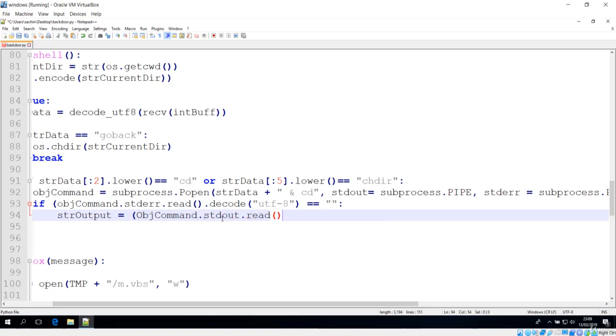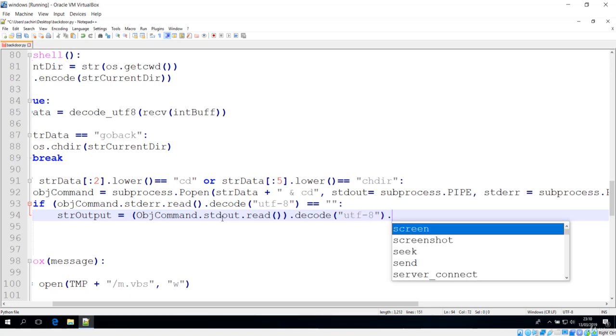So let's read that command first, because we are not getting any error, and now it's time to split lines, or basically we need to decode now. Let's decode this first with utf-8, because this is the command that is sent from the server. That means we have to decode before actually executing it. So I'll say utf-8, and after we decode, we have to split lines.